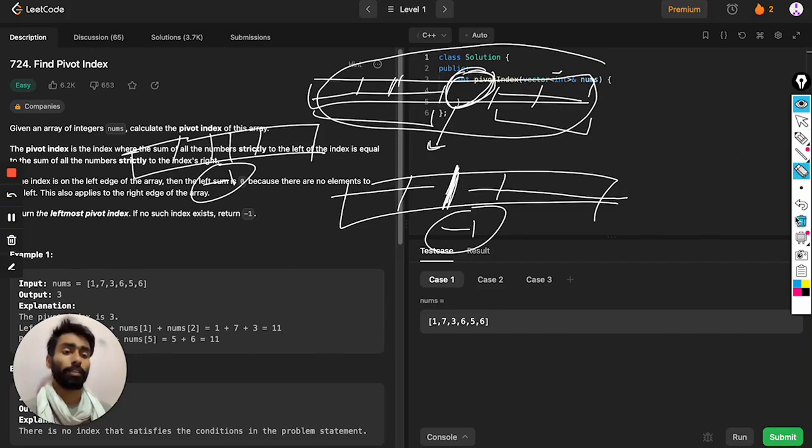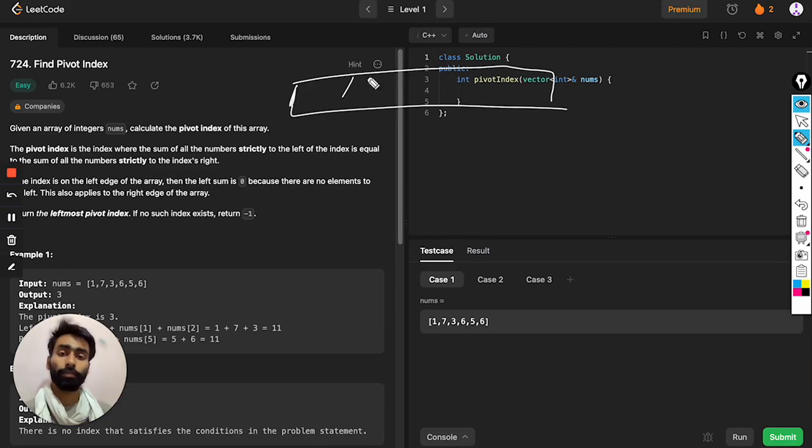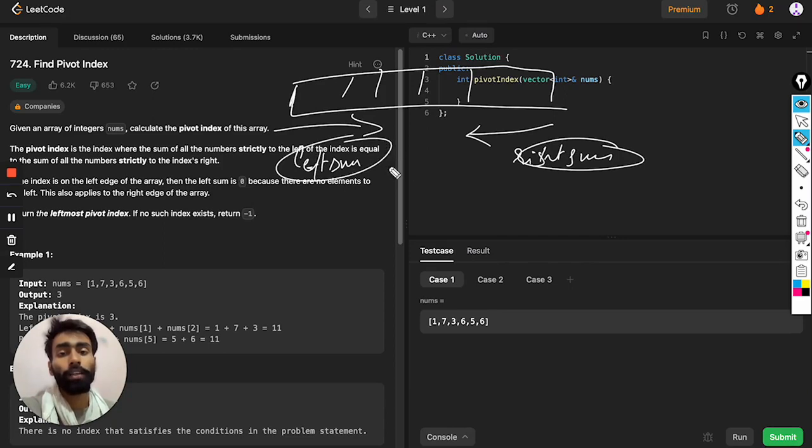Let's say we have an array, and we start traversing from the end and the start, and we keep track of the summation of each, that is left sum and right sum. The point at which these two become equal to each other will be the pivot index, where the sum of left is equal to sum of right.